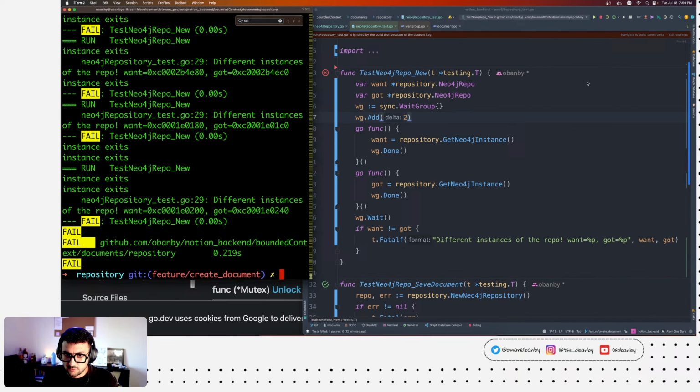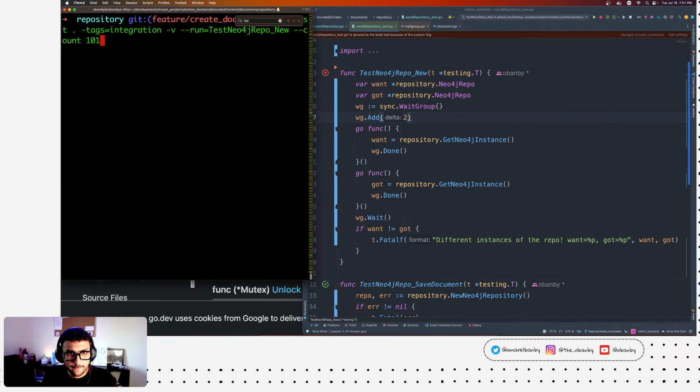Add to. And now something is definitely blocking the whole thing. So we have somehow managed to create a deadlock.